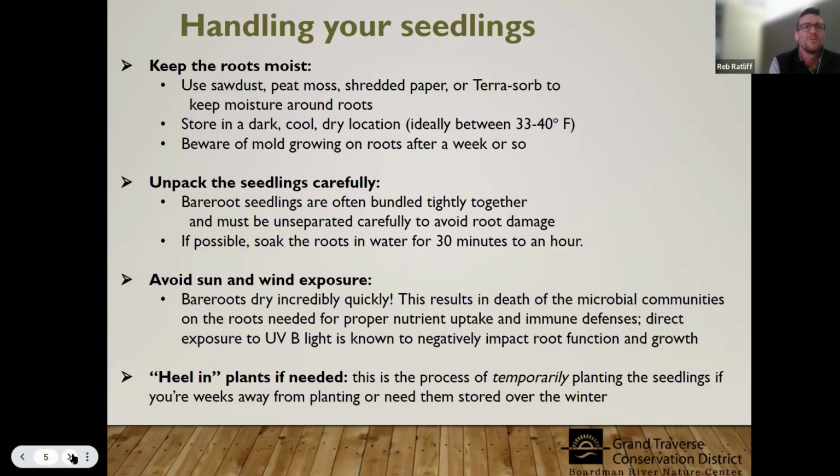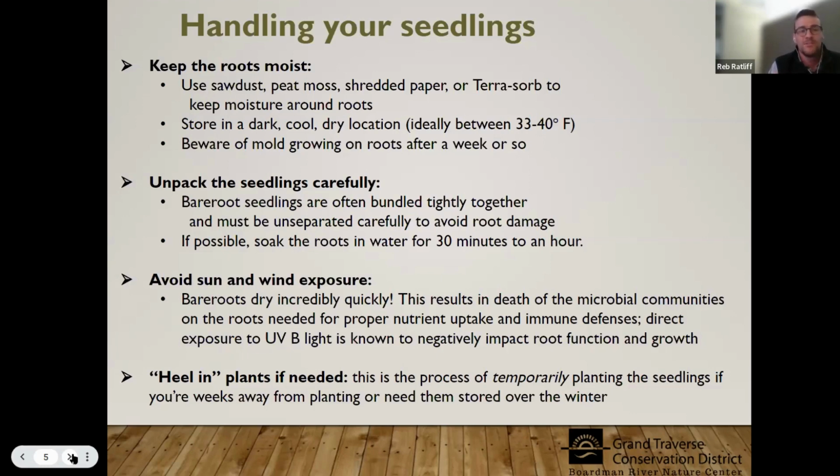Avoid sun and wind exposure. Bare roots are incredibly susceptible to drying out. When they dry out, the microbial communities on the roots can die, and those microbes are really important for nutrient uptake and immune defense. And I've also heard that direct exposure to UVB light is known to negatively impact root function and growth. So even